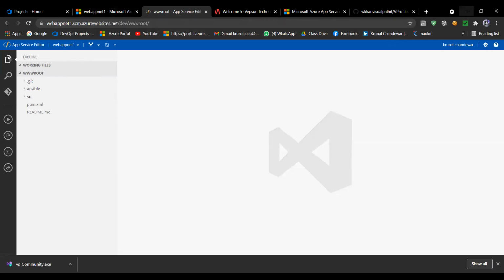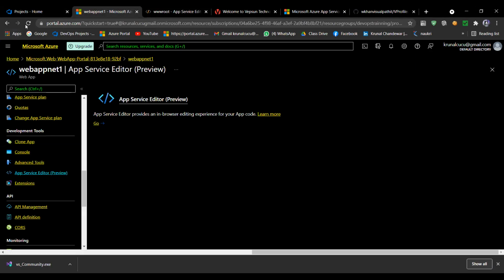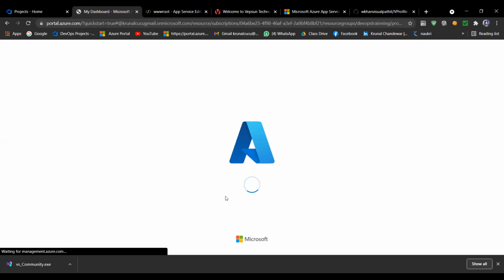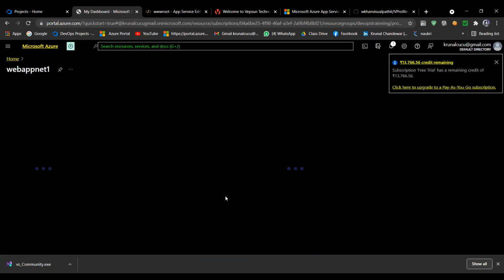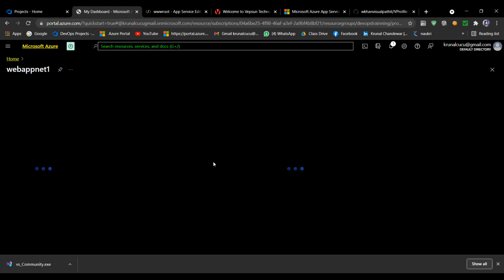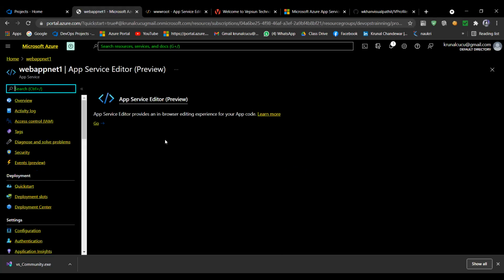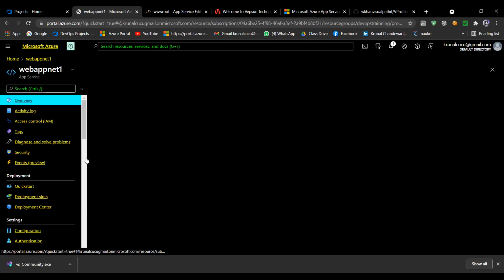Now I will open Visual Studio, but I want to refresh this place first, because this web app which I created here, I want to run on my Visual Studio. Visual Studio is one IDE which gives me a platform to run this web app. Okay, and now I will build and run this web app in my Visual Studio.